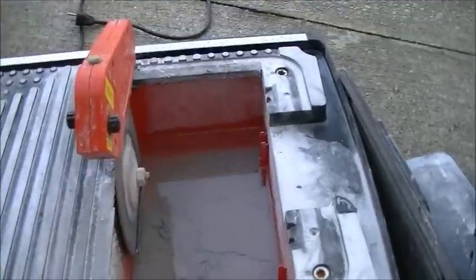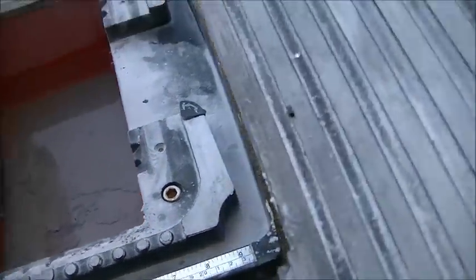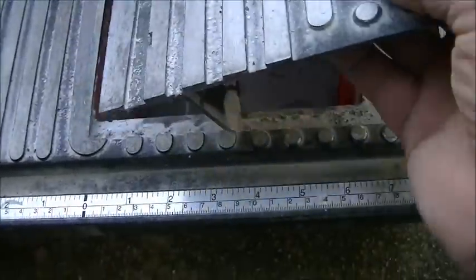This is a very, very small wet saw that typically I don't use very often. It's a cool little saw. I like it because it's very sturdy. This is like a cast iron or cast aluminum or something like that. The makeup of this is not cheesy at all. So they did very well